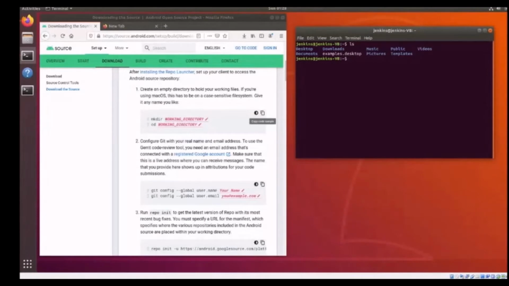First, we will just create the directory. Next, let's cd into the directory. Here, the Android source is our directory that's been created.